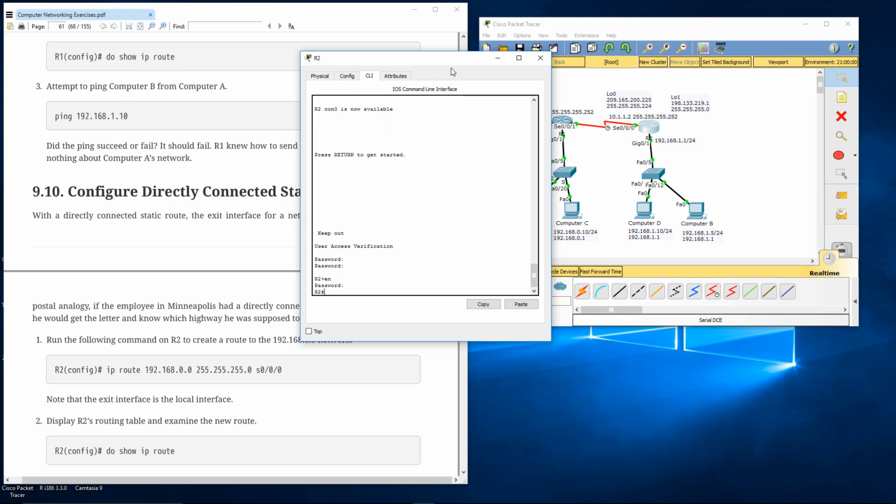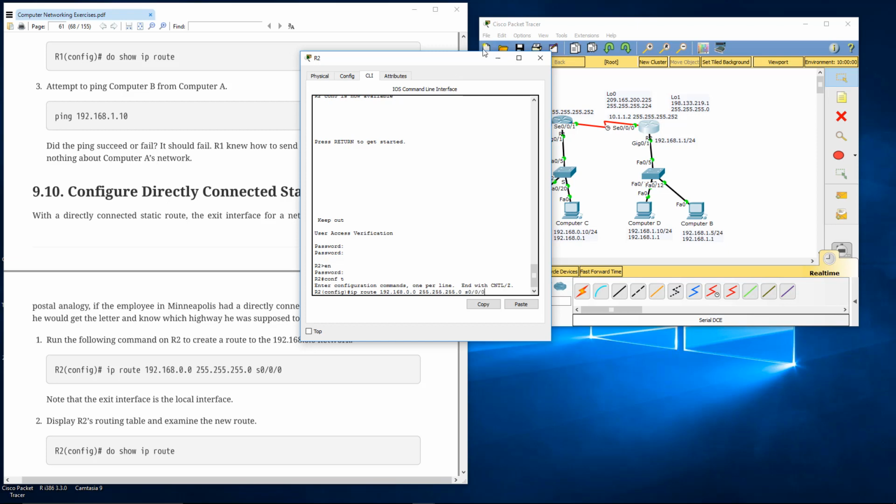Okay, let's see, Cisco, that's class. That one is Cisco. Just keep typing Cisco or class if you forget, it's okay. Configure terminal. So this is router 2 now. I need to teach it about the 192.168.0 network. So IP route 192.168.0.0 255.255.255.0